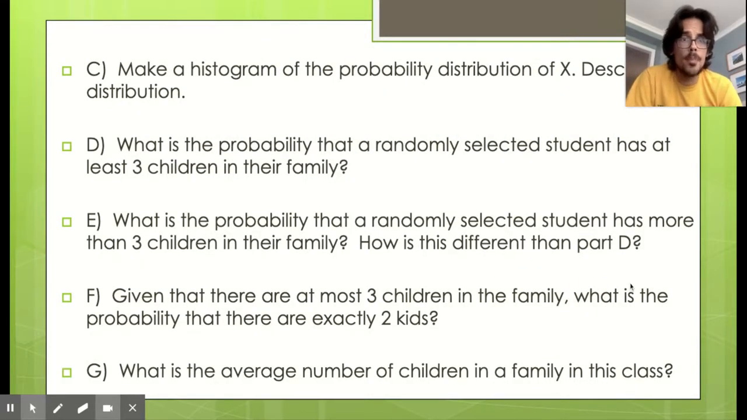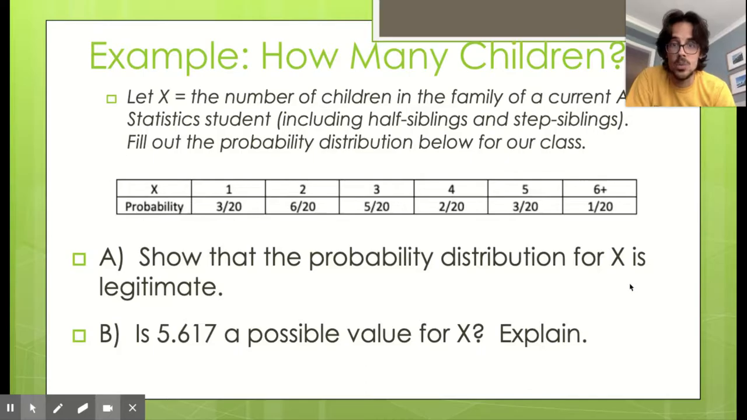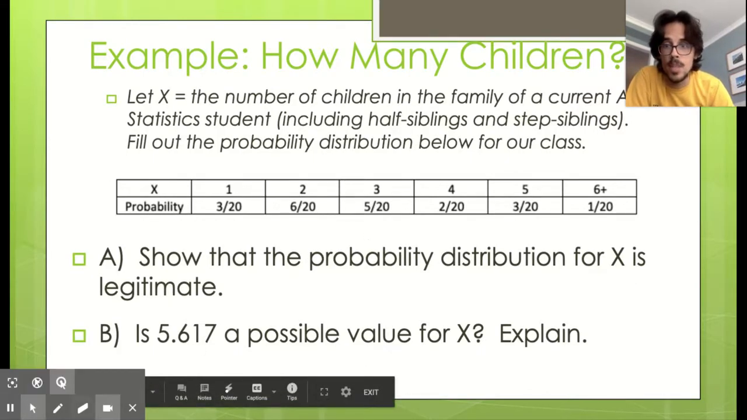When you have a probability distribution, naturally, something you'll be asked to do quite a lot is find probabilities. And this again is going to work like we did last chapter. We're just finding probabilities out of a table. So part D says, what is the probability that a randomly selected student has at least 3 children in their family? All you're going to do for that, at least 3, means it could be 3,